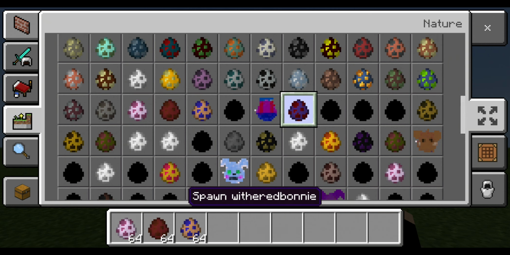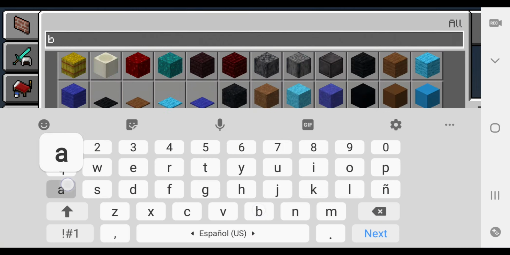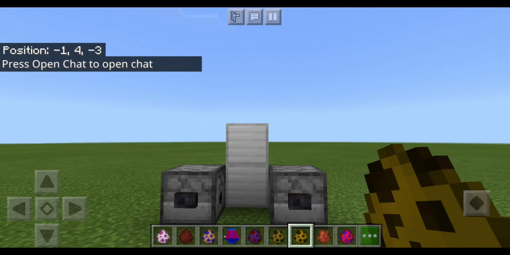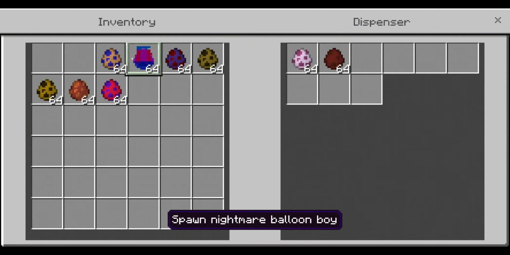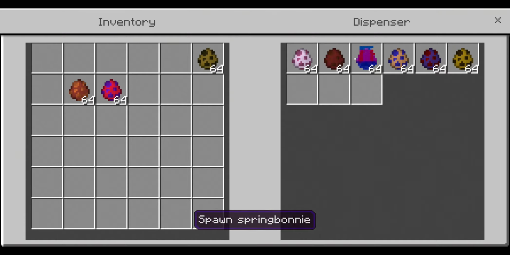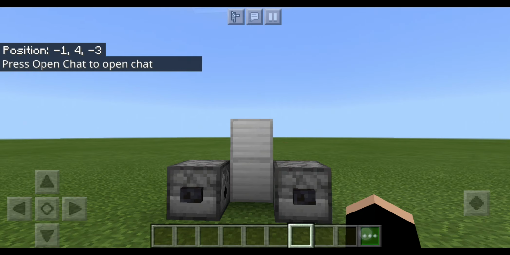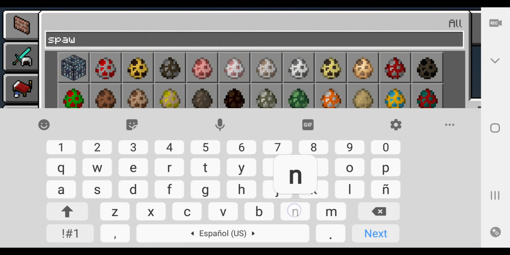Spawn Balloon Boy, Wither Bunny, Golden Freddy. Then we add Spawn Baby, Scrap Baby, Spawn Baby, and then you just add your animatronic. And now you just add